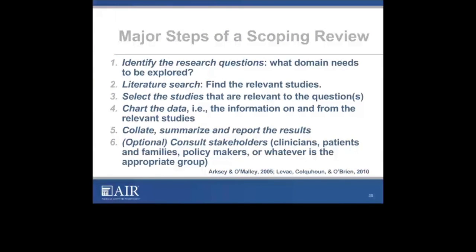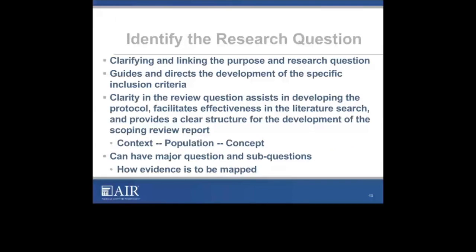So how would one actually conduct a scoping review? There is a 5 to 6 stage framework, from identifying a research question, over literature search, selecting and charting studies, then reporting the results, and optionally consulting with stakeholders. The first step would be to identify a clear research question. While scoping reviews can be useful in helping to plan a systematic review and outline the research gap, they themselves also need to be guided by their own clearly defined question.